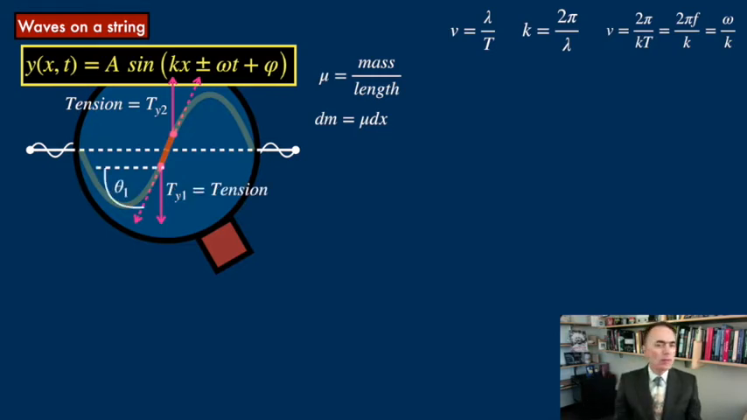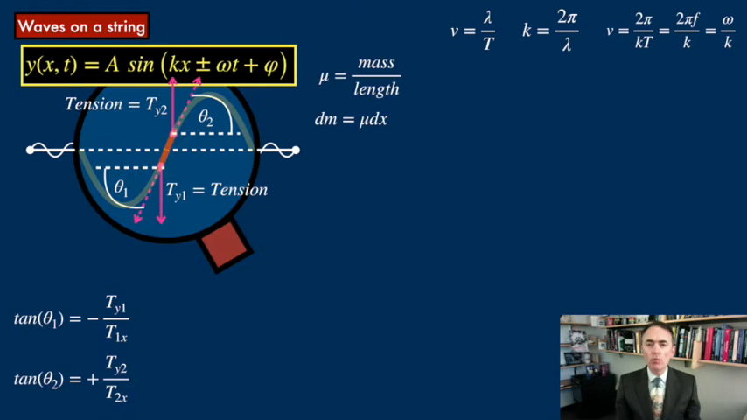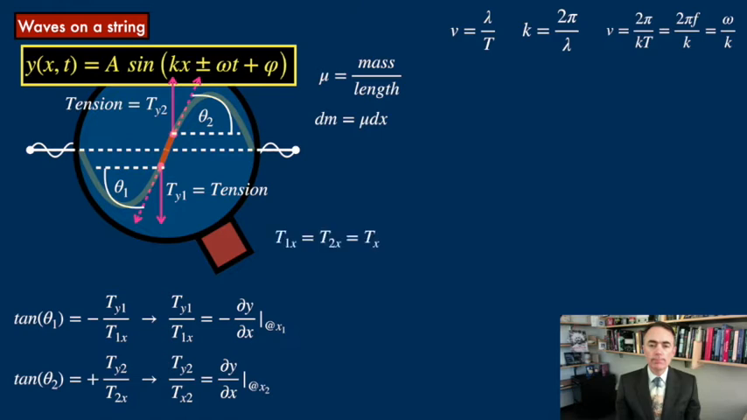Look at this differential element of rope. The horizontal tensions cancel, and in the vertical axis we have that tangent of theta 1 is minus Ty over Tx, and tangent of theta 2 is plus Ty2 over Tx. This tangent is basically the slope of the rope, and the slope is the derivative of y with respect to x. So the net force acting in our element of rope is